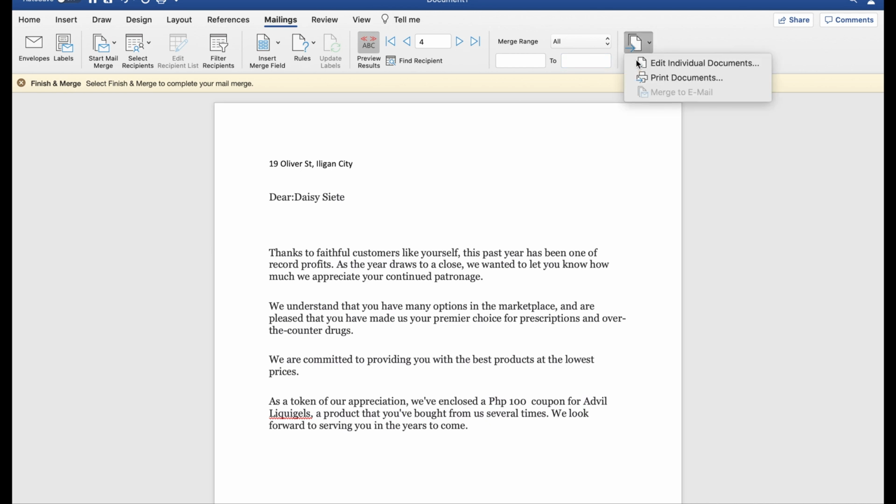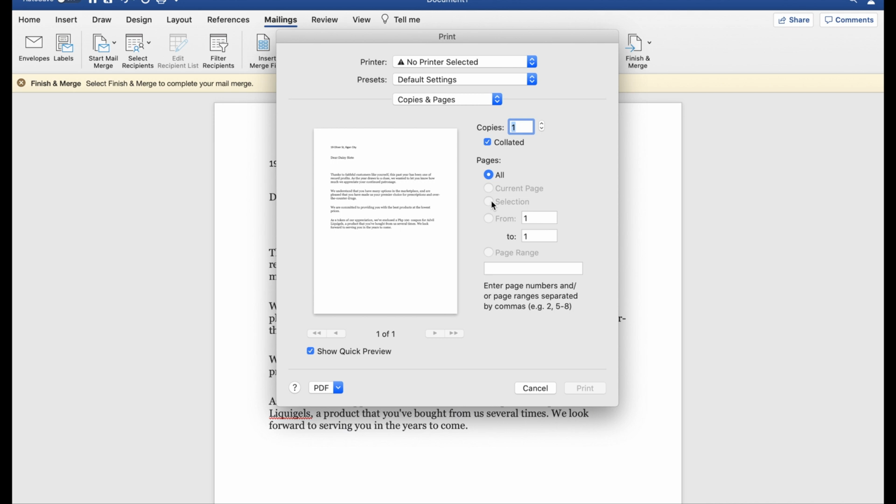So, do finish and merge, and we can just print the documents if you'd like. Okay, so ganyan siya mapiprint, based dun sa sinet nating mga pangalan nila. Okay, so that's it. I hope nakatulong ito lalo na sa mga madalas gumawa ng mga memos and isesend individually